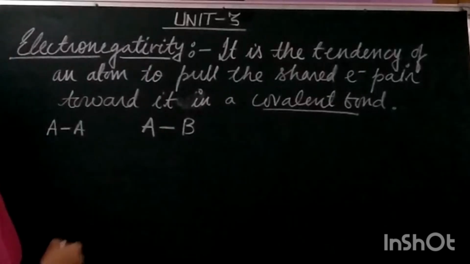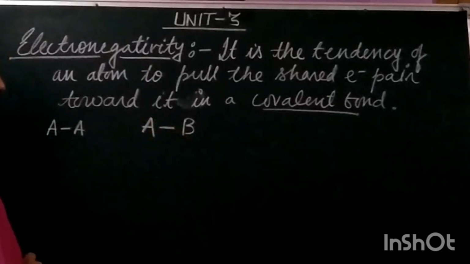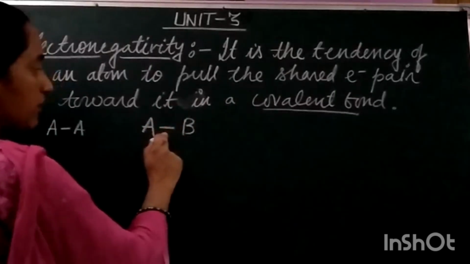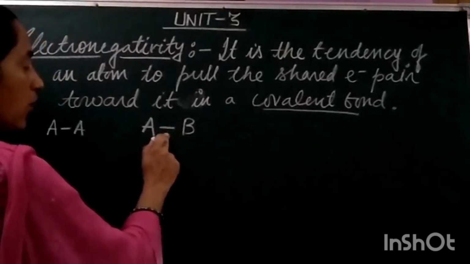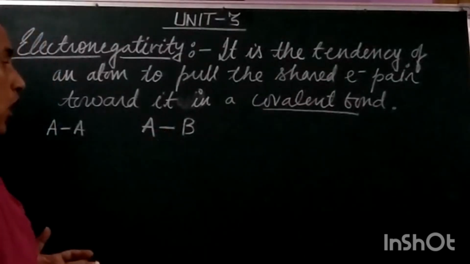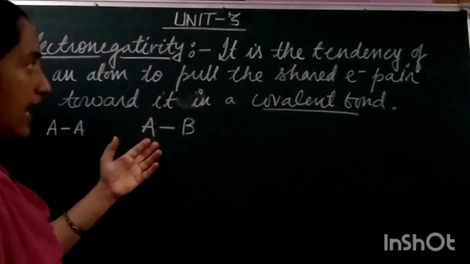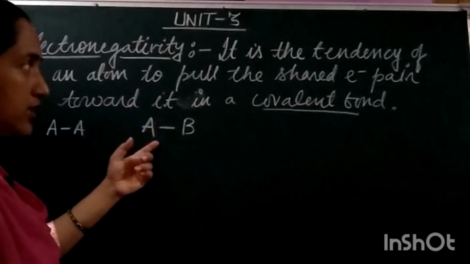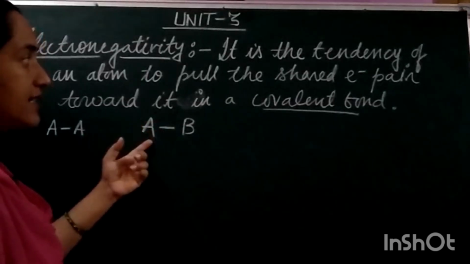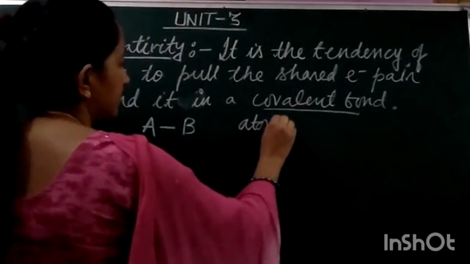So in AB, a hetero molecule, the shared electron pair of the covalent bond will always be under the influence of that atom more, which has the stronger tendency to pull it, and that tendency will depend upon the size of the atom,